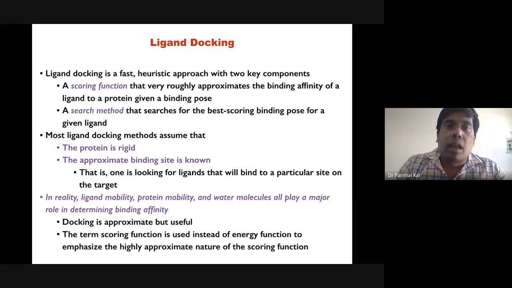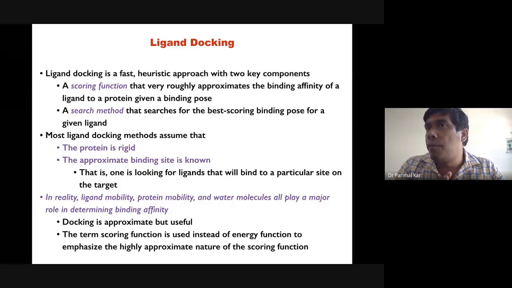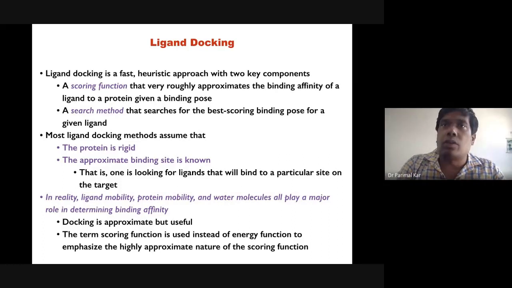If you can search all possible conformational space exhaustively, that will help you to predict the binding pose accurately. If your method is not good enough, you cannot search the entire phase space or conformational space,